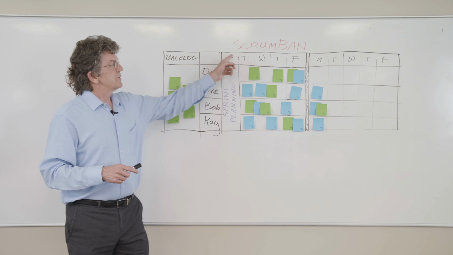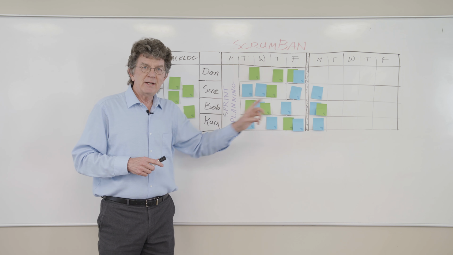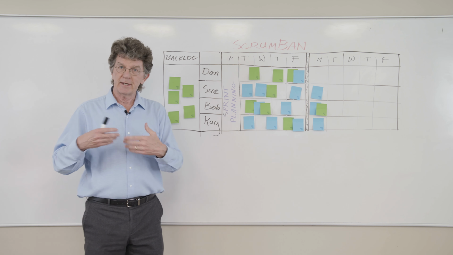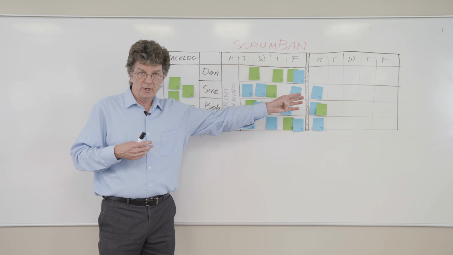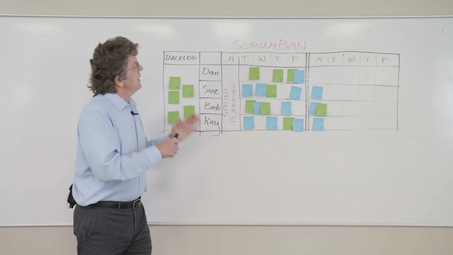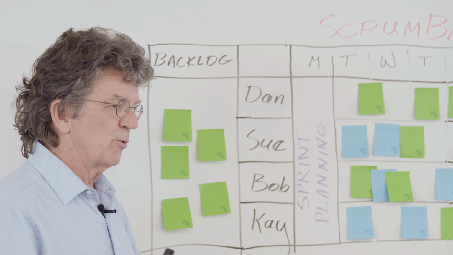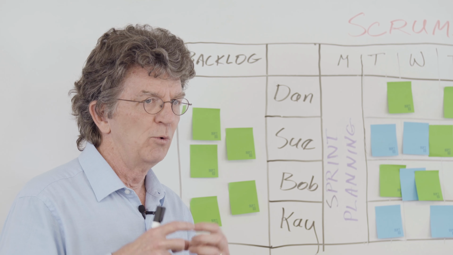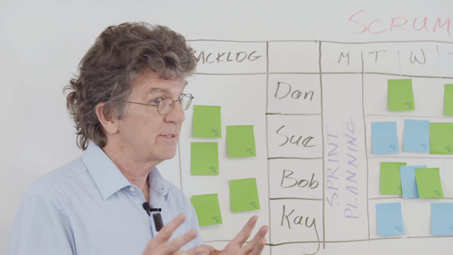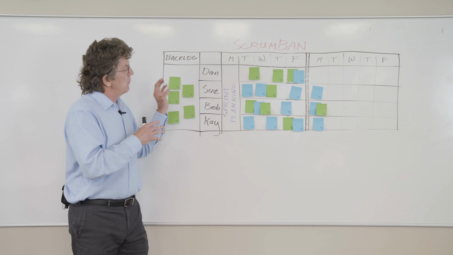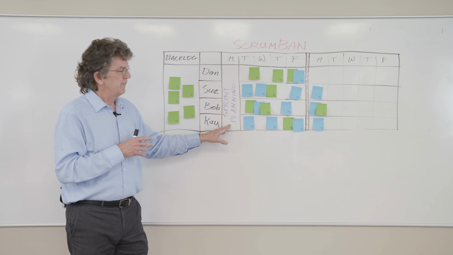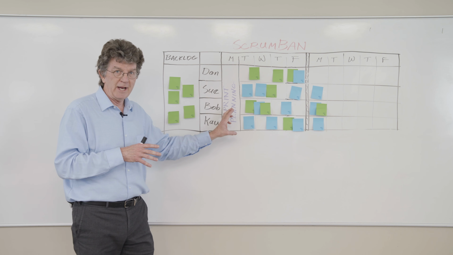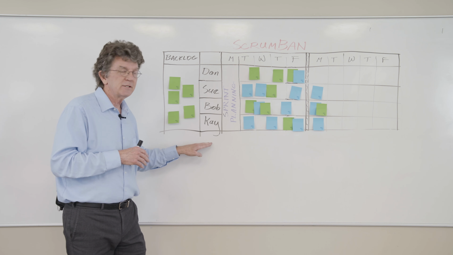Let's look at a form of a SCRUMBAN board. SCRUMBAN is any combination of Scrum, or iteration-based development, and Kanban, smooth workflow continuously. For a team that's not accustomed to working with stories, but really needs to break things down into the individual work tasks, some teams do that and some teams don't, they will spend their sprint planning day, among other things, breaking the stories down into the individual work tasks